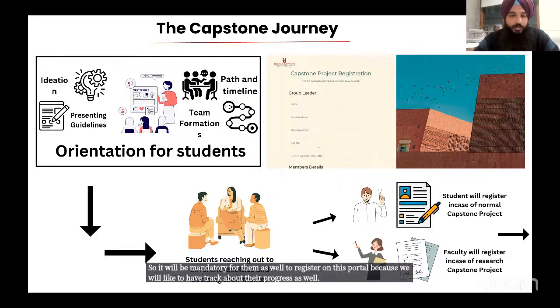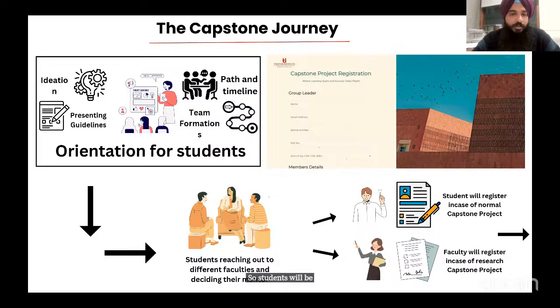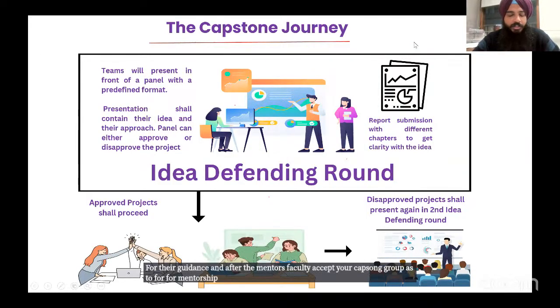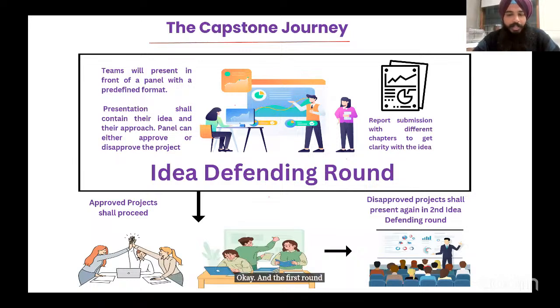So students will be reaching out to different faculties. They will have their consent for their guidance. And after the mentor faculty accept your capstone group for mentorship, you will register on the portal. Okay. And the first round will, as I said, take place in the month of Feb, where you will